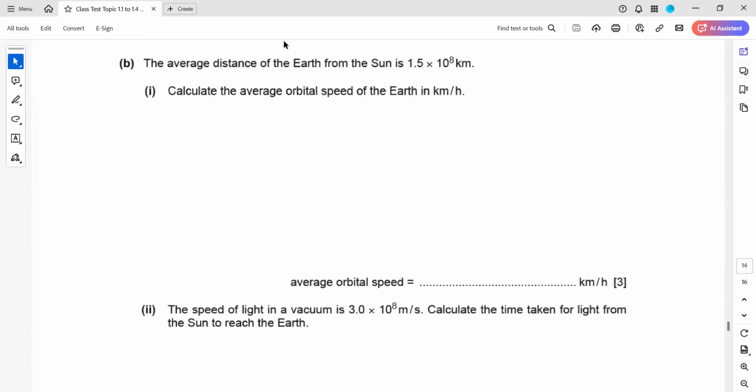The average distance of the Earth to the Sun is 1.5 into 10 to the power 8 kilometer. Calculate the average orbital speed. So if we need the orbital speed, v is equal to 2 pi r divided by t. So it will be